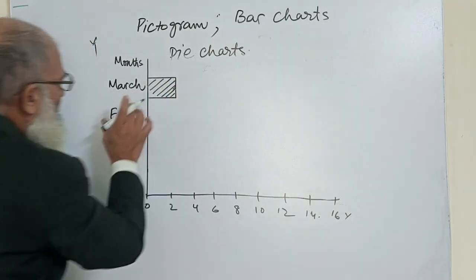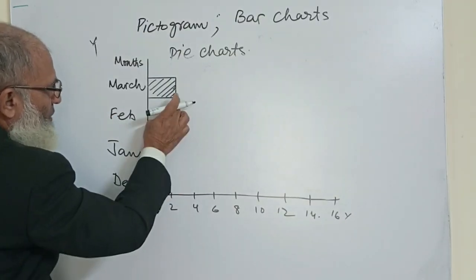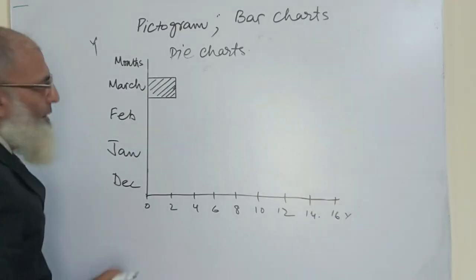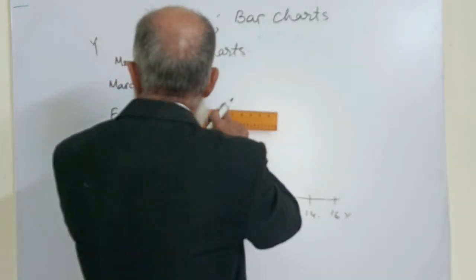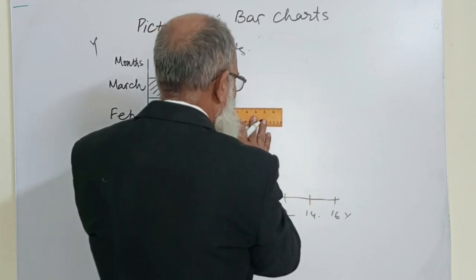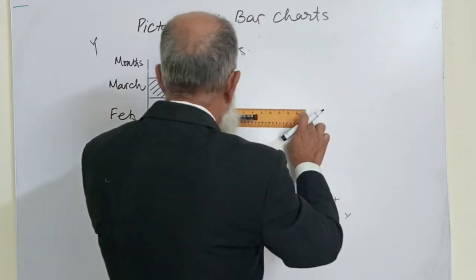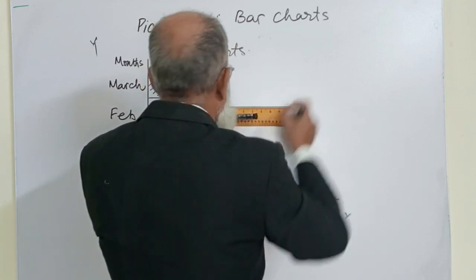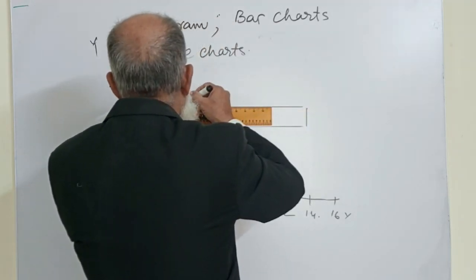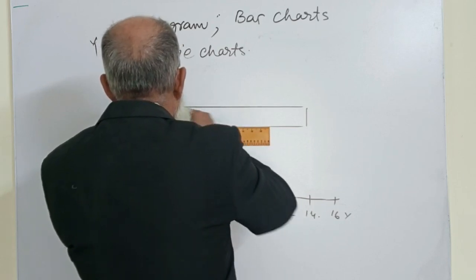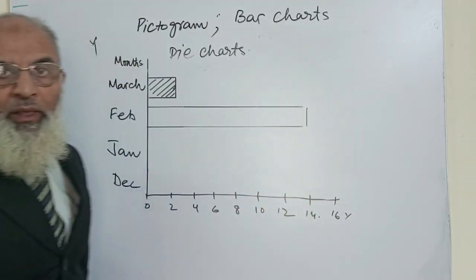आप इसको ऐसे बनाएं, 3 दिन की बारिश हुई है मार्च के अंदर। यहाँ से 3 आप यहाँ पर उठाएं और ऐसे करके एक बार बना दें, जिससे हमें पता लग जाएगा यहाँ पर 3 दिन की बारिश हुई है। तो उसके बाद फेब के अंदर जो बारिश हुई है वो है 14 डेज की। तो 14 डेज में यहाँ से उठा लेता हूँ, ये 14 डेज आ गए यहाँ तक। अब आप ये देख सकते हैं कि फेब के अंदर 14 डेज की बारिश हुई है।